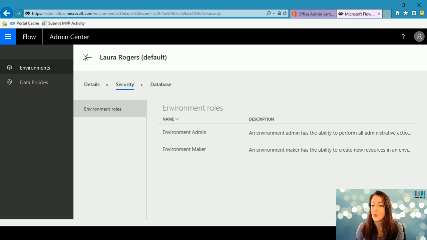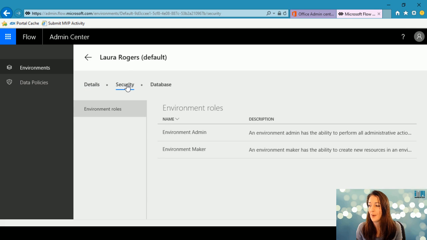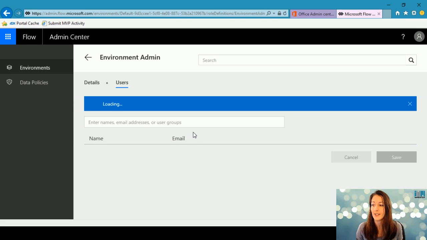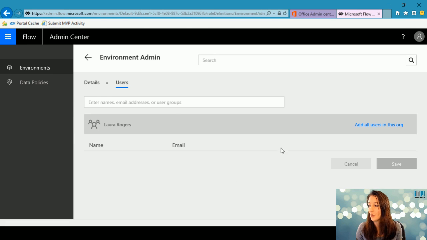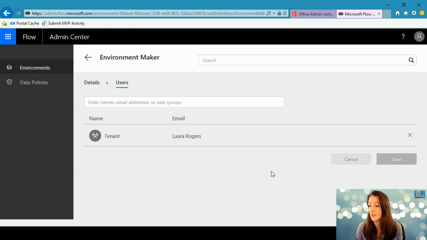So you're going to have a default environment in here. If you've already started creating Power Apps and Flows, that's where you'll be able to see them. But you have some details, just basic. There isn't that much about the environment itself. You have just information about it, what it's called. And then you have roles in here where you can actually delegate and have certain people with certain roles. So you have environment admins that you can define. You can add people. And you also have makers, which is where you can enter people's names to add people